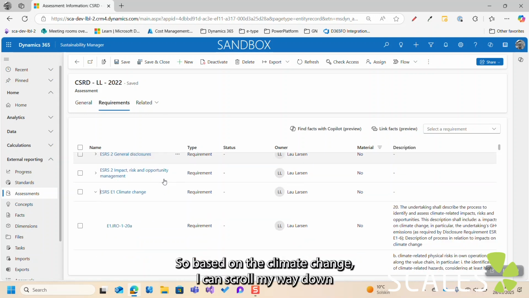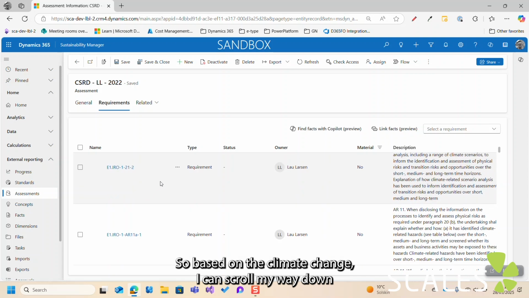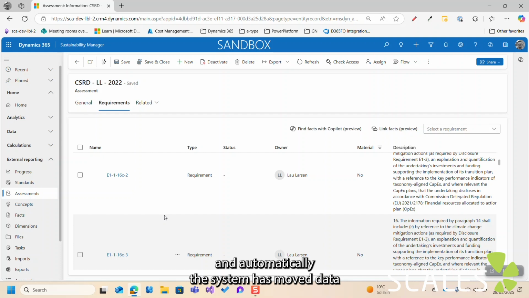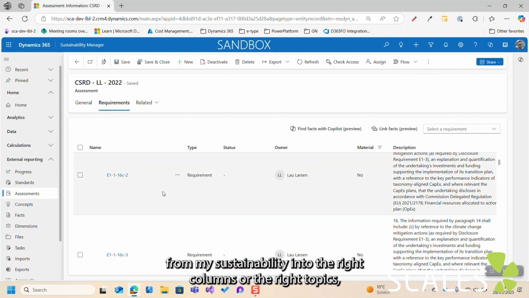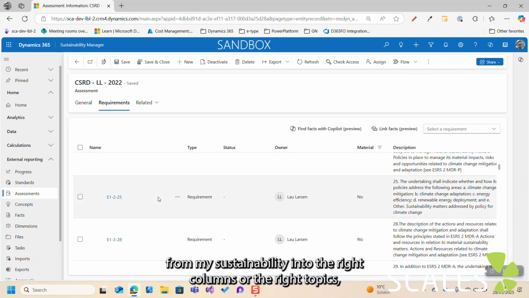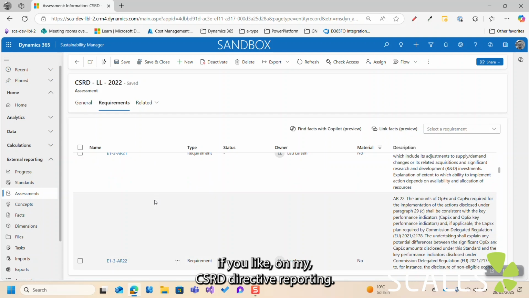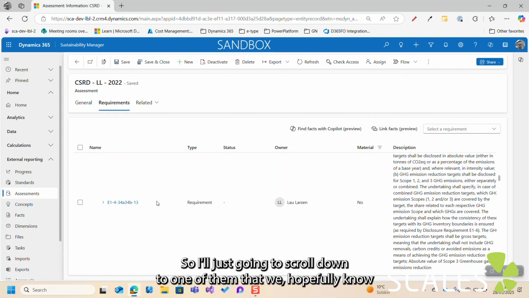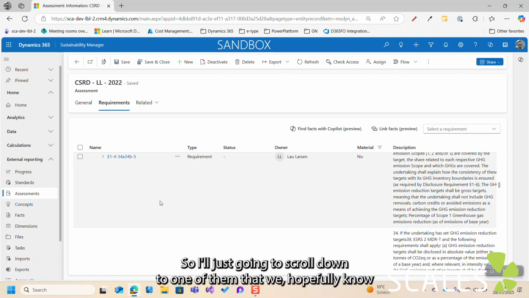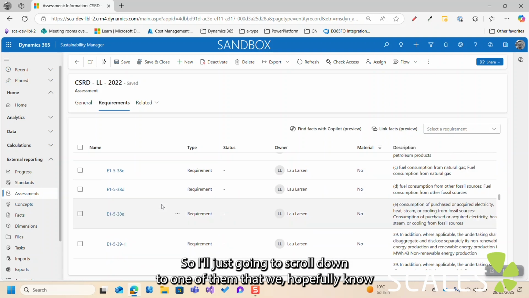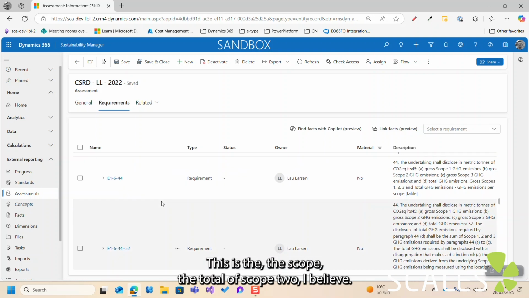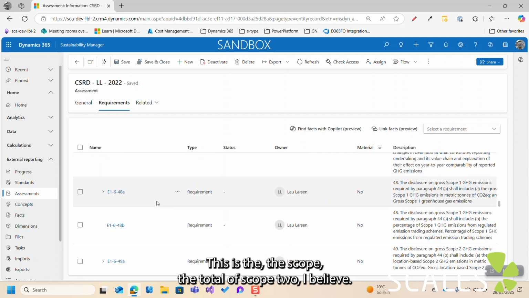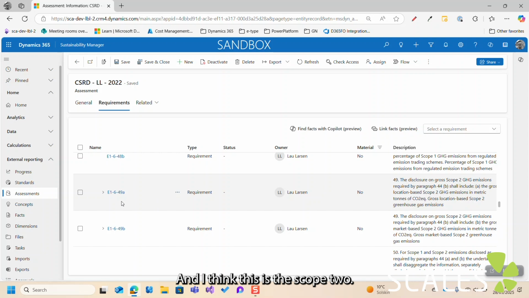So based on the climate change, I can scroll my way down, and automatically the system has moved data from my sustainability into the right columns, or the right topics, if you like, on my CSRD directive reporting. So I'm just going to scroll down to one of them that we hopefully know by heart. This is the total of scope 2, I believe. And I think this is the scope 2